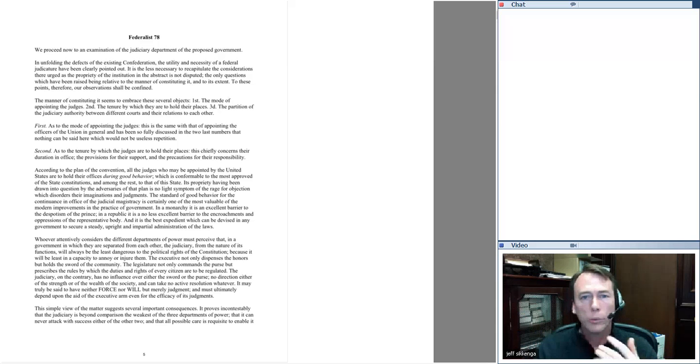First point he makes is Congress can't pass unconstitutional laws. We all accept that. He says, well, all right, if they can't pass unconstitutional laws, then somebody's got to be able to check the laws that they pass. Otherwise, they would, in effect, be able to pass unconstitutional laws. And he says, Congress wouldn't naturally be the interpreter of its own powers, because you can't be a judge in your own case.